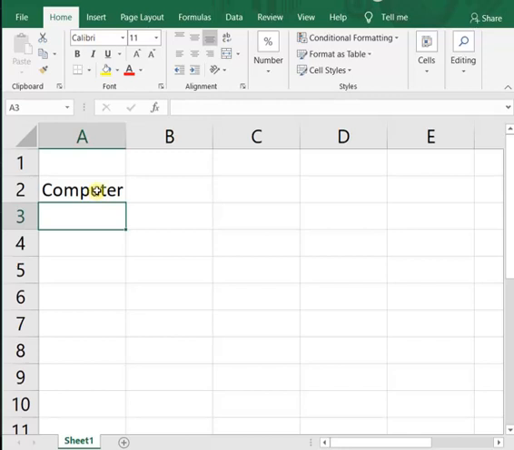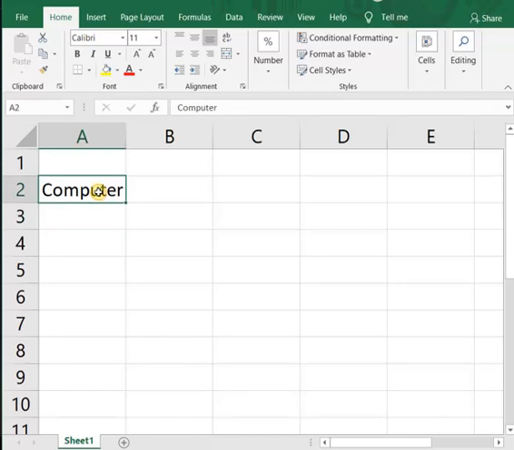So undo is the facility given by MS Excel that can reverse your last action. That means whatever action you took last time, it will reverse it back.